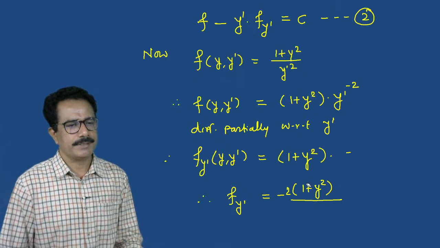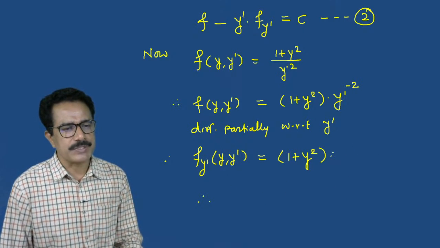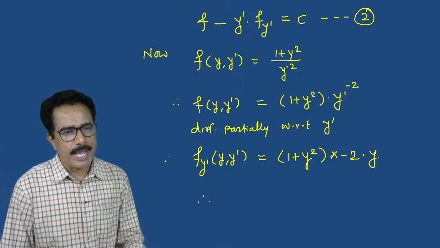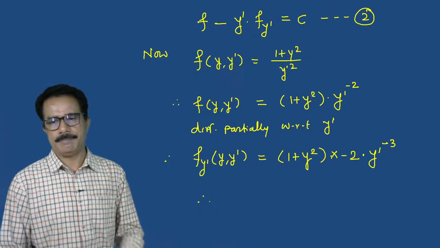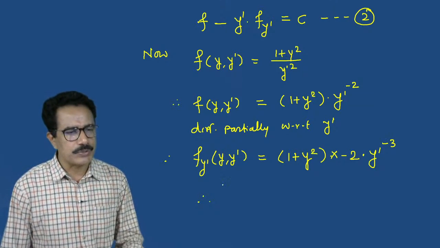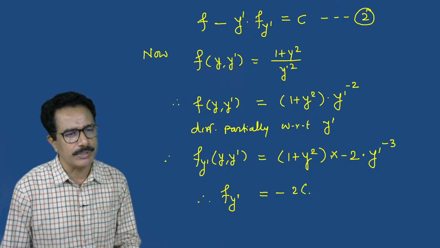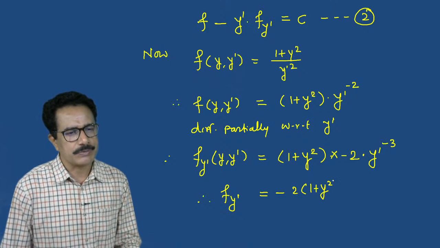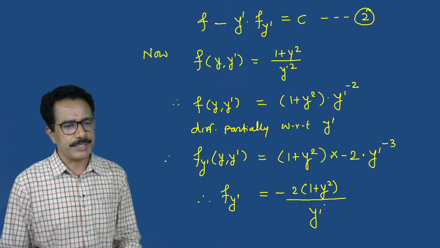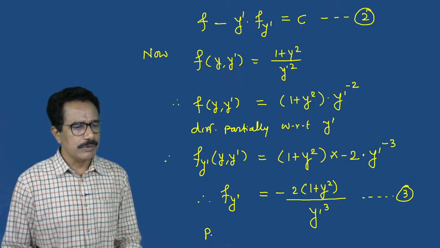How is it happening? Power multiple, means -2 into power reduced by 1, means y dash raised to -3. Is that correct? Now power multiple, power reduced by 1, so we can write fy dash, which is equal to -2 into 1 plus y square divided by y dash raised to 3. Suppose this is equation number 3. Put into,